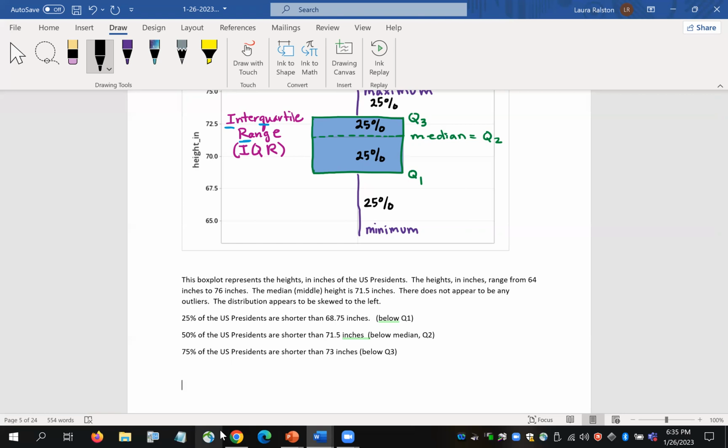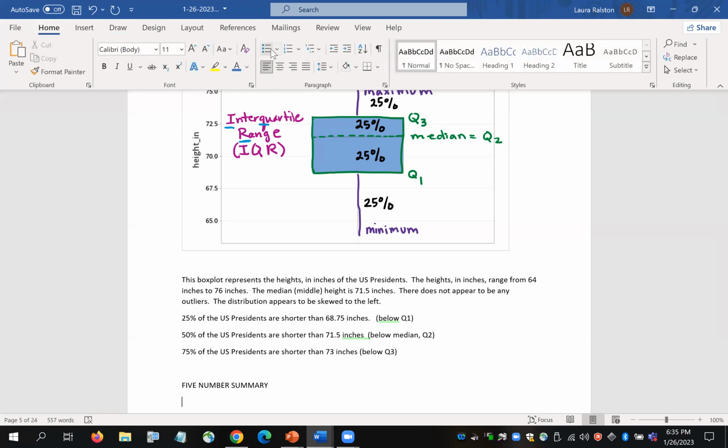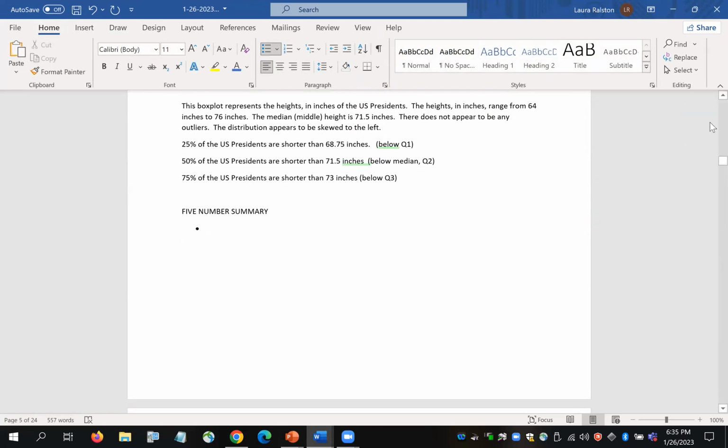So you could be asked to do more, but for your project, you need the 5-number summary, which comes from the box plot: the minimum, quartile 1, the median, quartile 3, the maximum,